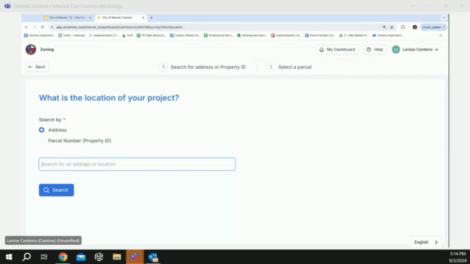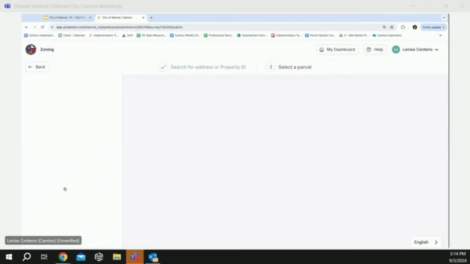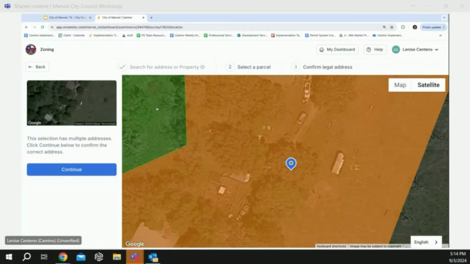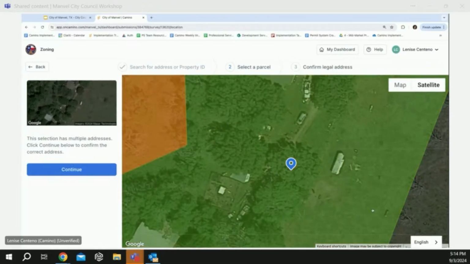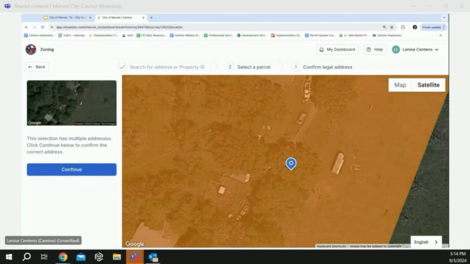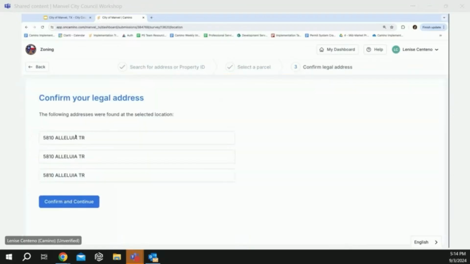Let's see, I have something on here already. Okay, great. You'll see that I have a little piece of land here, and so it will go ahead and select it. I will preface that one of the things we're working out at our end is getting some updated data, because currently the addresses are all duplicated. So we're going to work on getting those singles. That's why you'll see multiple addresses here, but they're actually the same. Traditionally, you won't have to do that unless there are unit numbers.